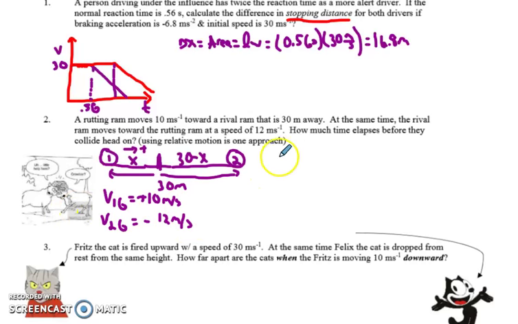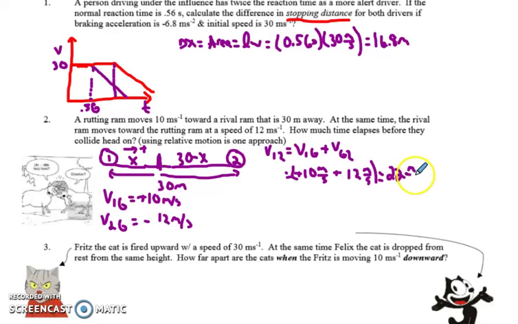But if I want to get the velocity of 1 relative to 2, remember how we set this up with relative motion? That would be the velocity of 1 relative to the ground plus the velocity of the ground relative to ram 2. So this is a given, that's the plus 10 meters per second. And if 2 relative to the ground is negative 12, then the ground relative to 2 will be a positive 12. One way to think about this is that they would be approaching each other at 22 meters per second. And then, in order to figure out the time